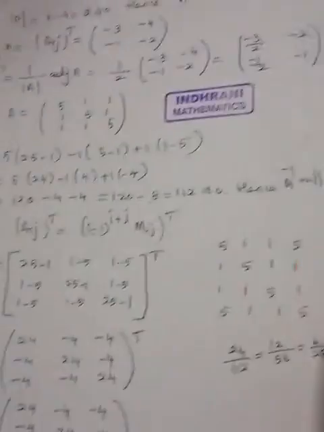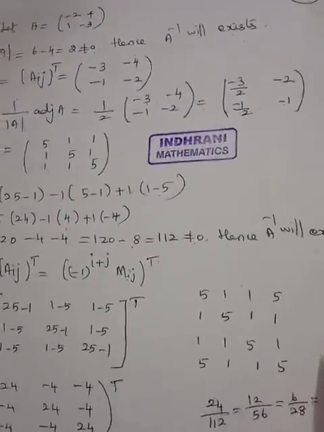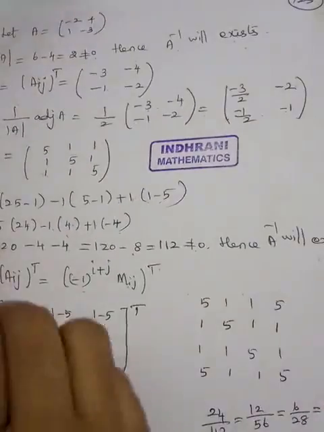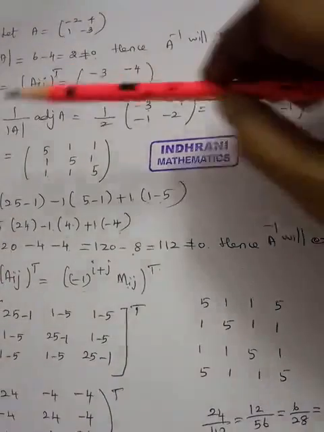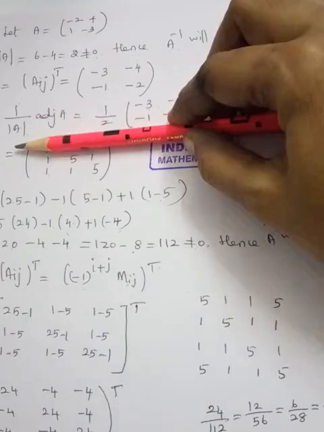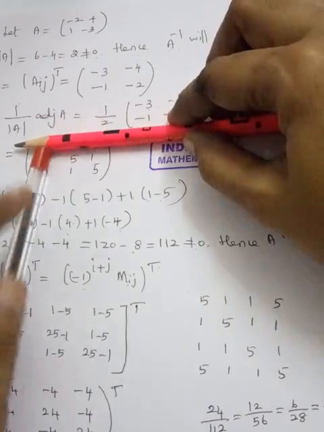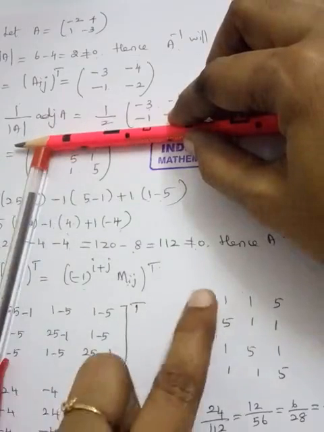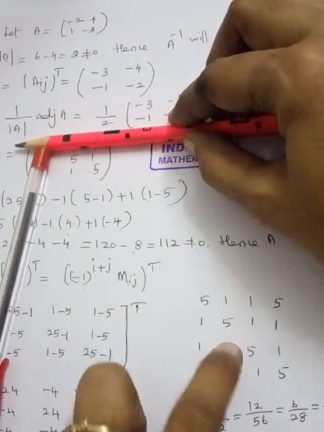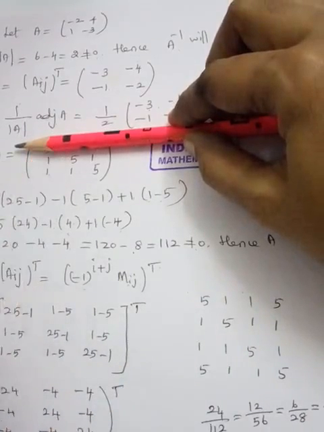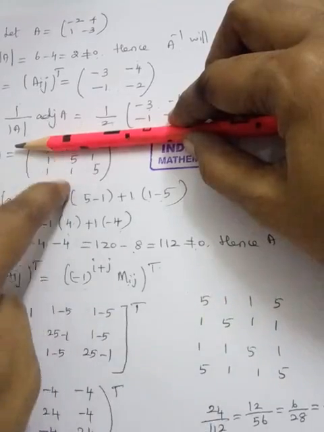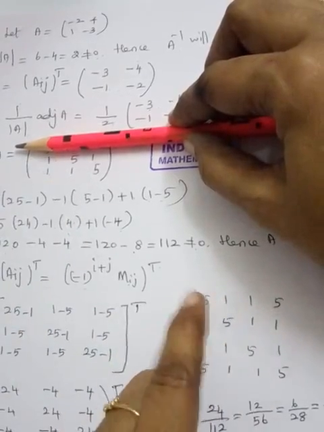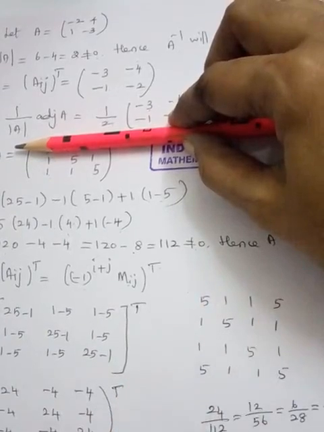So for the calculation of this signed minor, we are going to use rough work. I will start now with the rough work by using the matrix A. First you have to delete the first row and first column elements. So you will get the columns 5, 1, 1, 5, which you write as 5115. Then you have to consider this 11. Then you take the next one, 51. So starting is 51, ending is also 51.